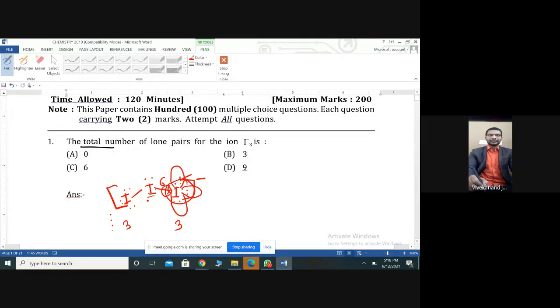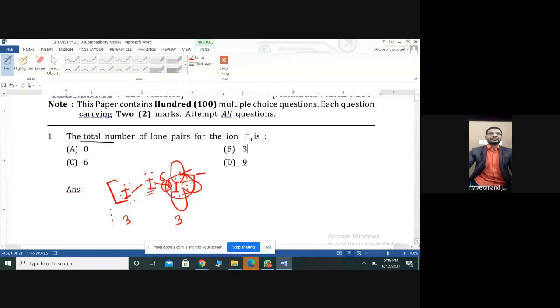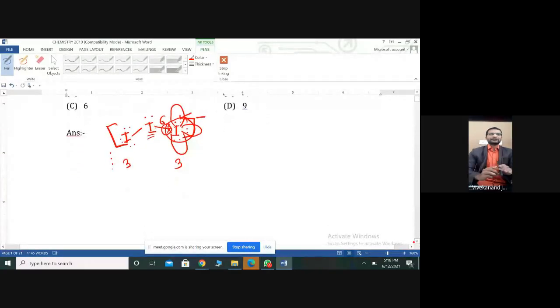Now this middle iodine, check this middle iodine. On this iodine also we have 7 electrons. Of those 7 electrons, one electron they'll use. I'll mark this electron, or I will change the color. Check this one, that electron I'll mark by a cross. One electron we are using over here, one electron we are using over here. Now of the total 7 electrons, 2 we are using, which means 5 electrons are left.